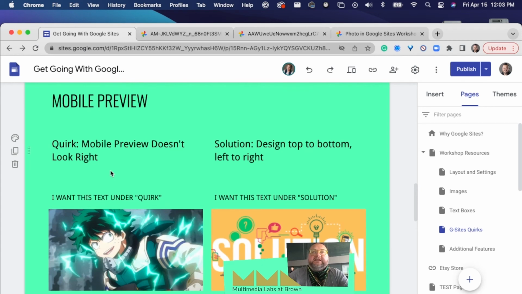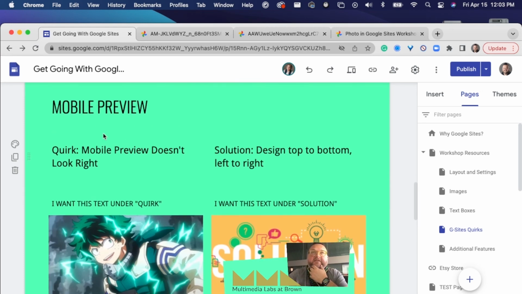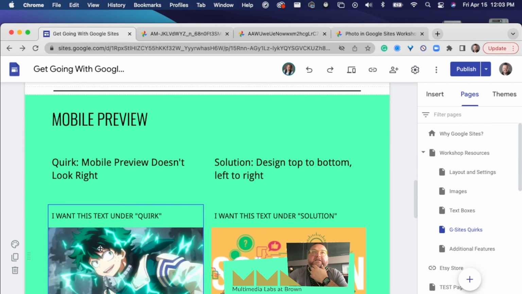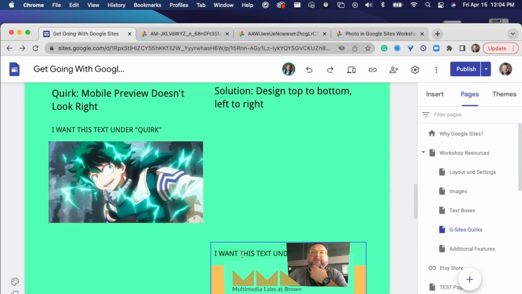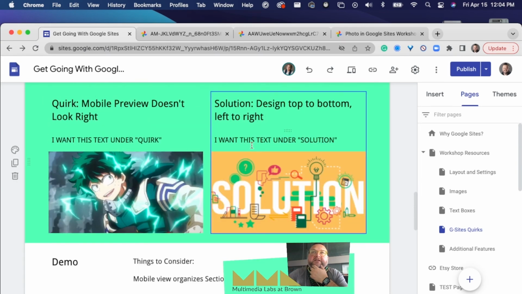So the solution is to consider that we need to design from top to bottom and left to right. The way that we would fix this is we would move this section into here and this section into here,